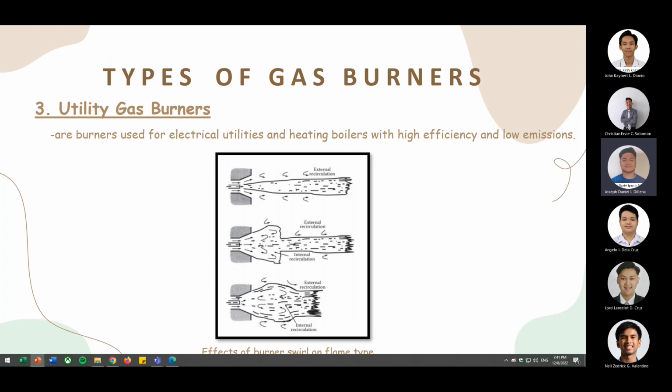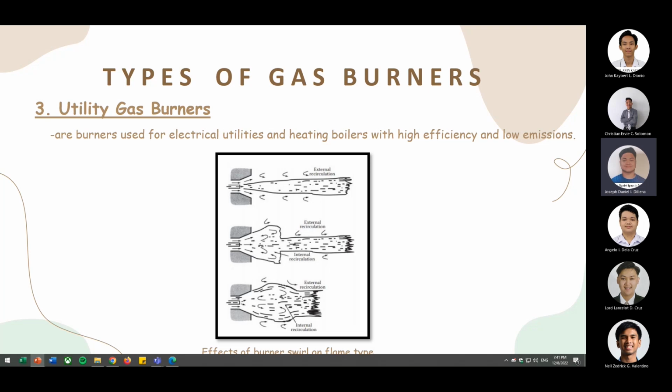And in order to make the flame stable, swirl is introduced. Swirl is a rotating flow around the central axis of the nozzle and is imparted by vanes in the airflow passage. Below is a figure showing the effects of swirl on the shape of the flame, or on the flame type. The first part